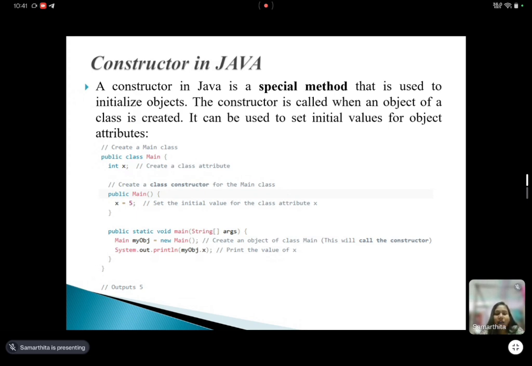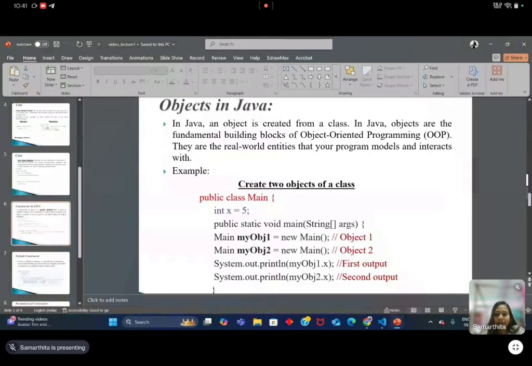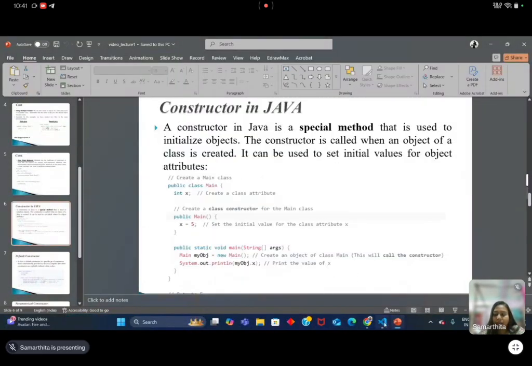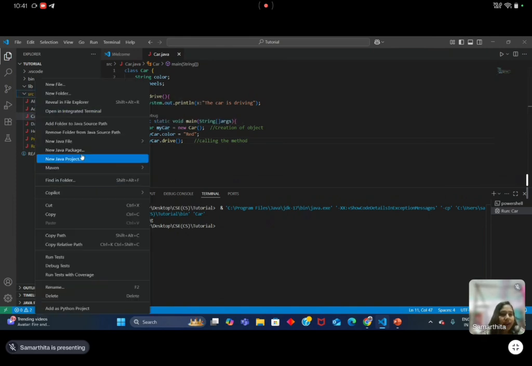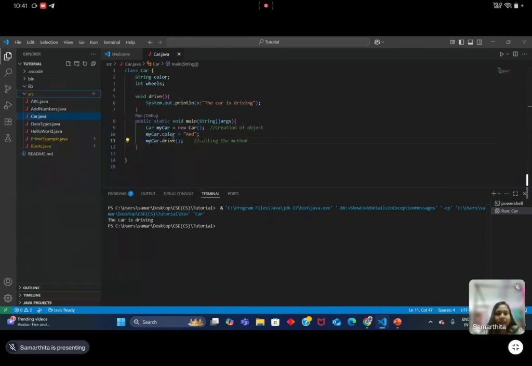And now we will be creating another class. We have discussed the car class, so now we'll be declaring another new class. Here I am again opening my Visual Studio and I will be creating another class, class bag.